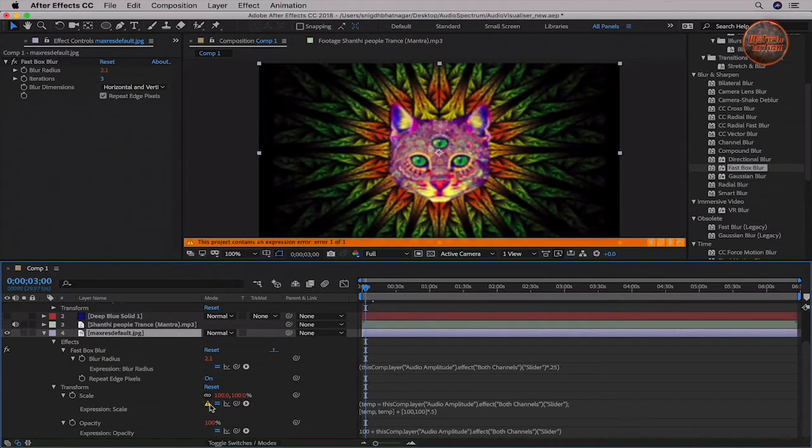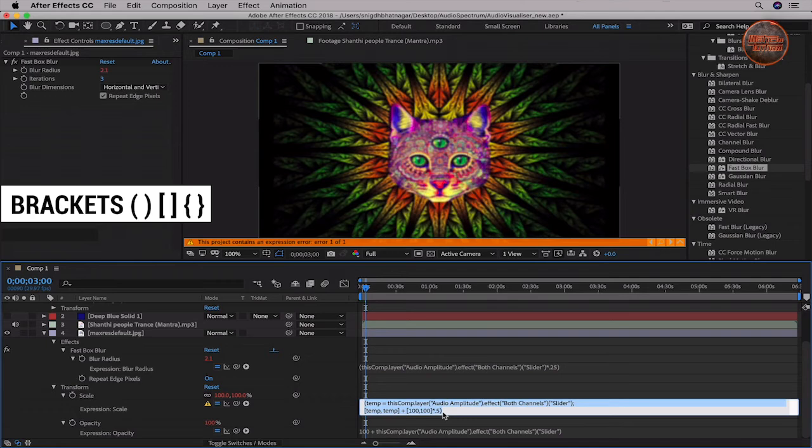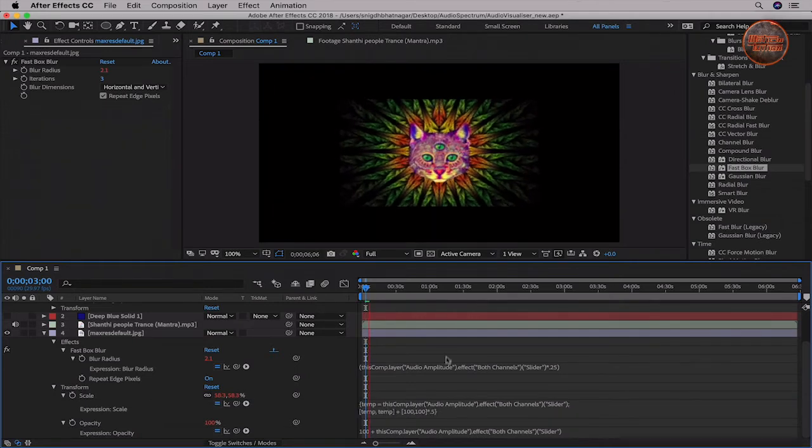We get an error here because I used a wrong bracket here. So the usage order of the brackets goes in the following manner: the normal brackets, the square brackets, and then the curly braces. So I see that we have already used the normal and the square brackets here. So now to add the next condition, we will need the curly braces here. Let's do that. We can see what effect it has over the scale of the image.